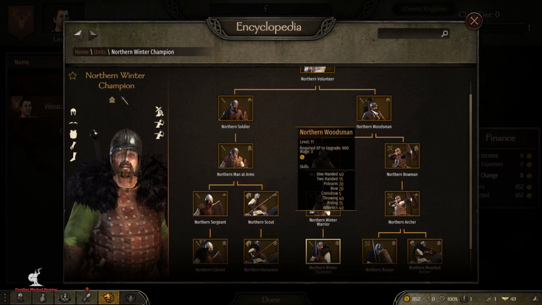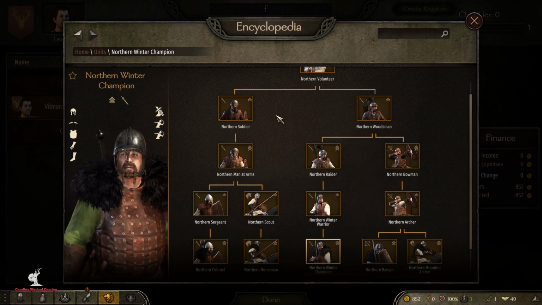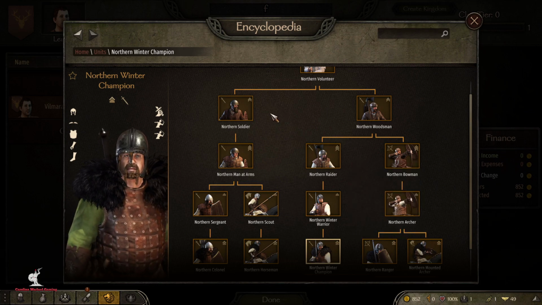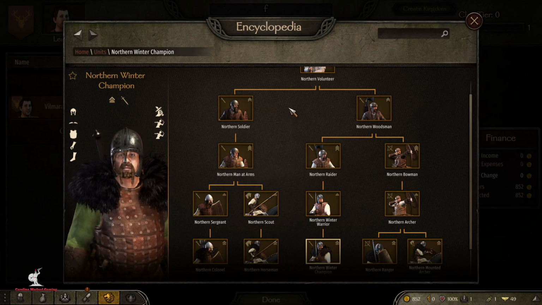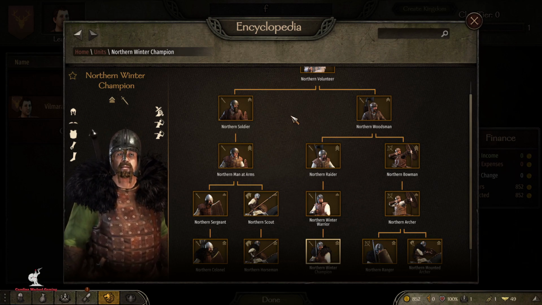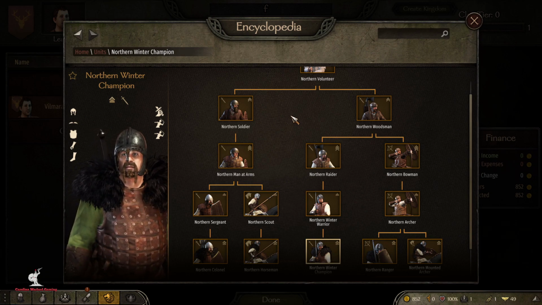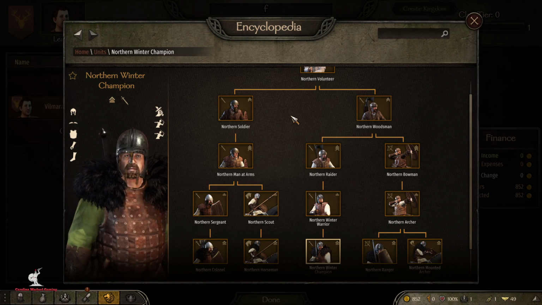The reason why I went ahead and put some archers in this troop tree right here is because I plan on doing something different with the Battanian noble line, which is going to be my northern noble line. I don't plan on doing the whole thane thing. I'm thinking some type of real awesome infantry. I want to have